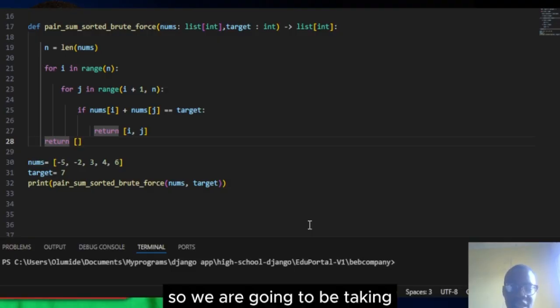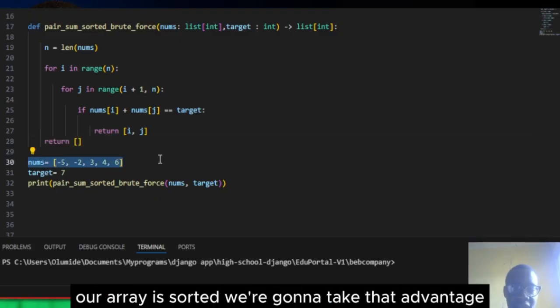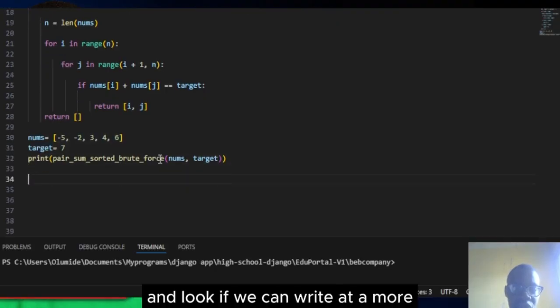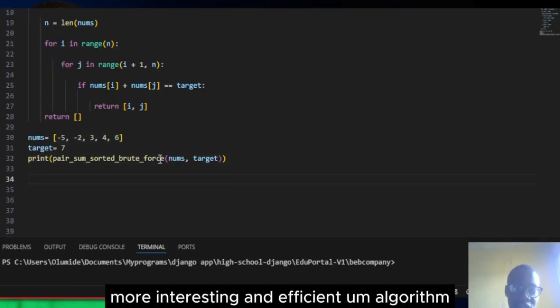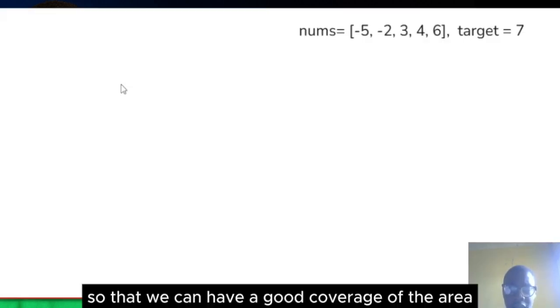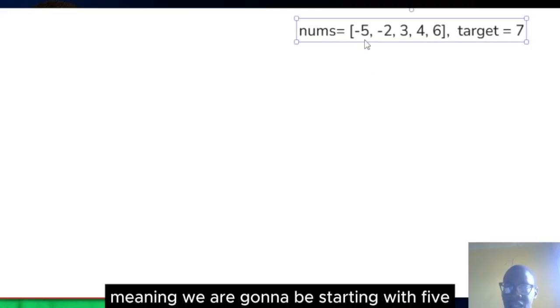So we are going to be taking advantage of the fact that our array nums is sorted. We are going to take that advantage and look if we can arrive at a more interesting and efficient algorithm, so that we can have a good coverage of the array. Let's start with the elements at the extreme, meaning we are going to be starting with -5